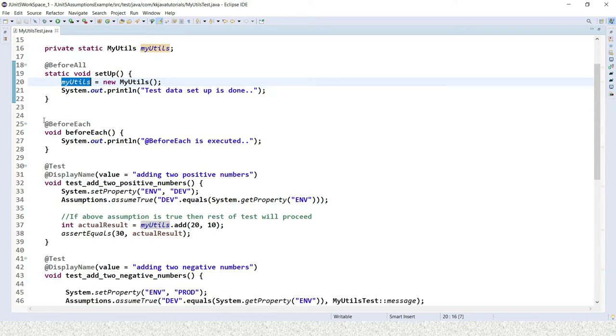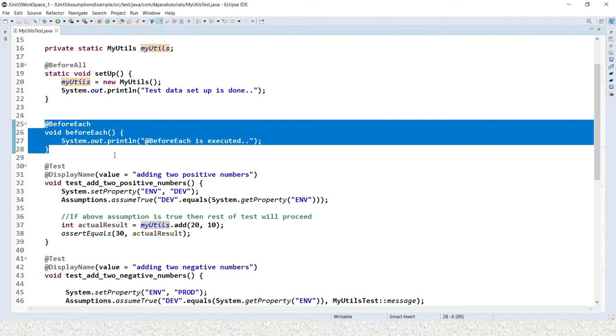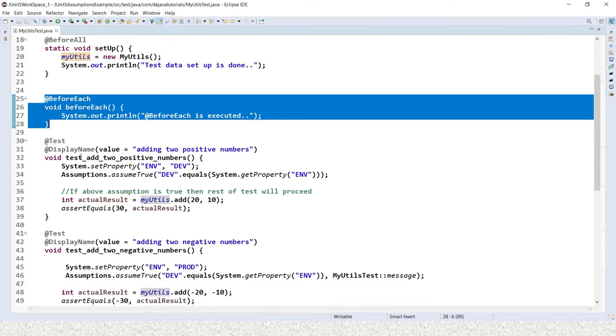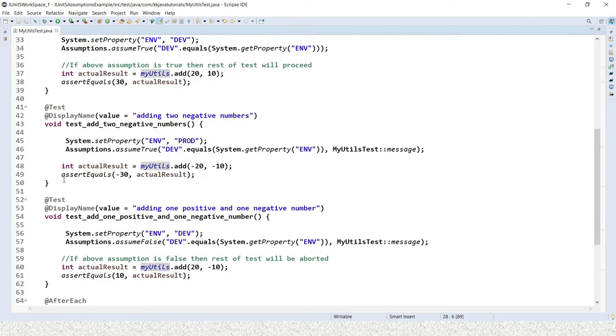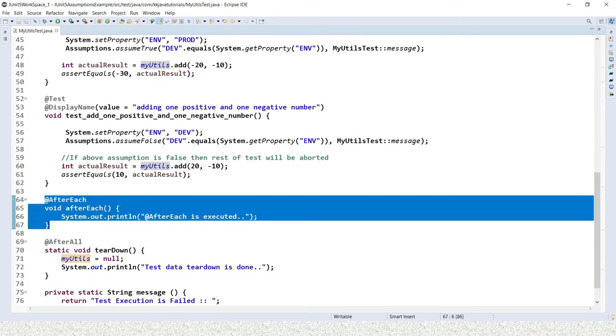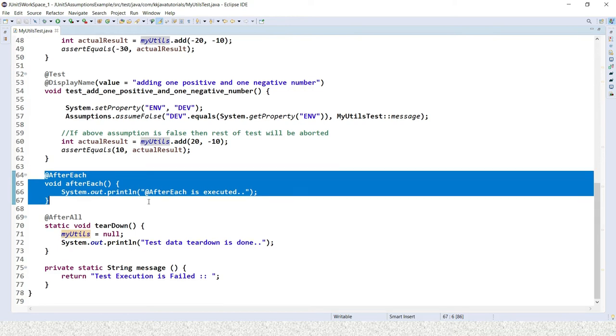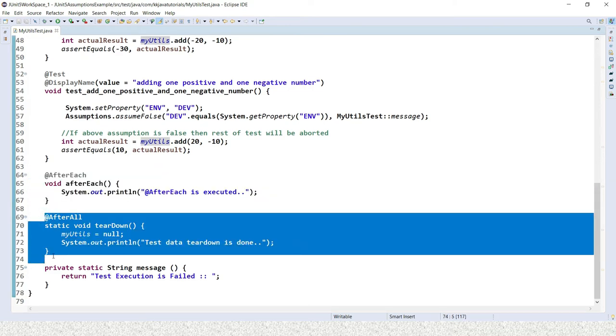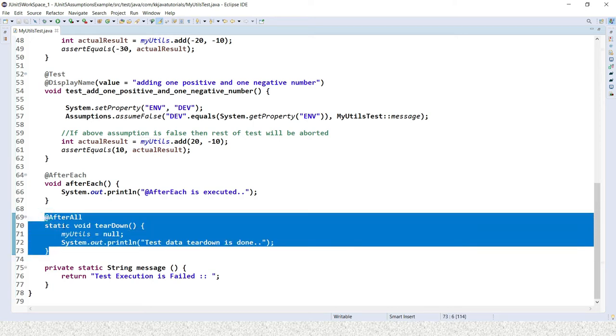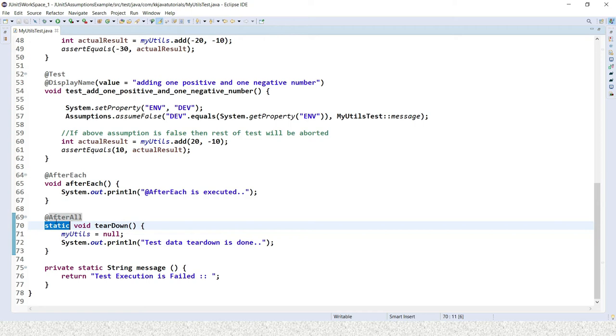Now we have @BeforeEach, meaning this method is going to execute before every test method execution, right? And we have some more lifecycle methods like @AfterEach. This method is going to execute after execution of each test method. Then we have @AfterAll. The name itself indicates that this lifecycle method is going to execute once execution of all the test cases is completed; finally this method is going to execute. One thing you have to keep in mind: methods annotated with @AfterAll and @BeforeAll should be static, else you'll get a runtime exception, right?